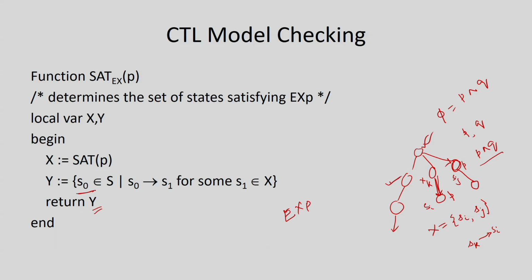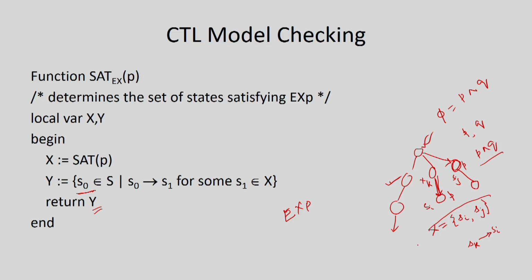So, this is the way that we can do it. This is a very simple one. How are we doing it? By looking into the model. The model is nothing but some sort of finite state machine, which is basically similar to a graph. So, it is nothing but a graph traversal algorithm. First, we are collecting those particular states where the given formula is true. Then, we are just looking for its predecessors, and we are collecting all the predecessors, and we are returning those particular predecessors. So, these are the set of states where EX is true.